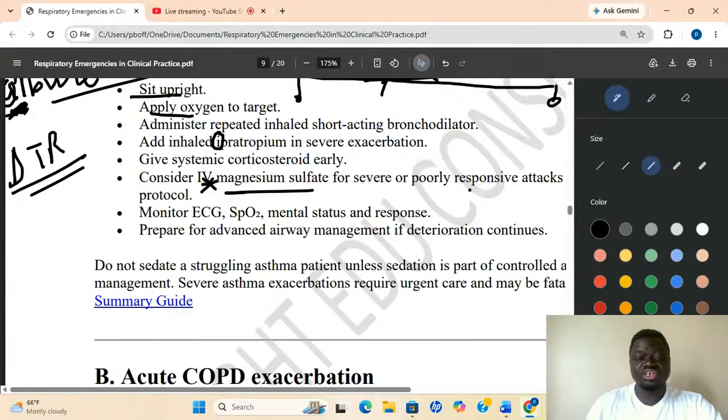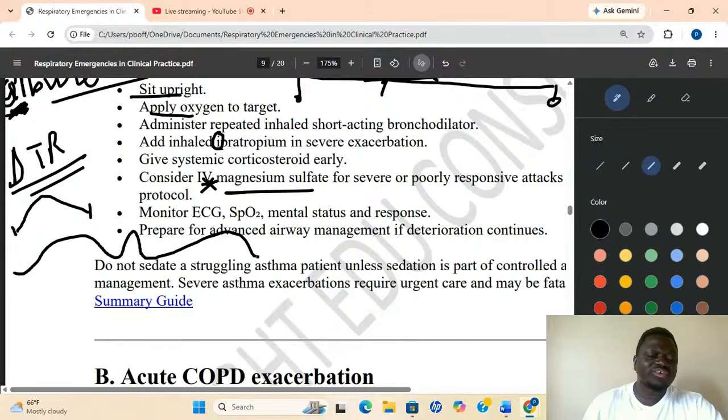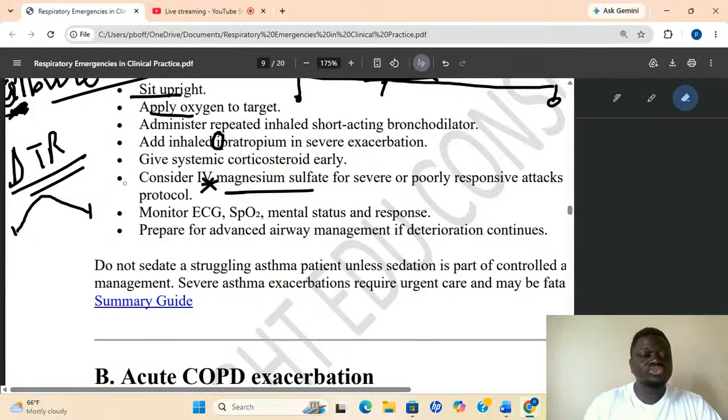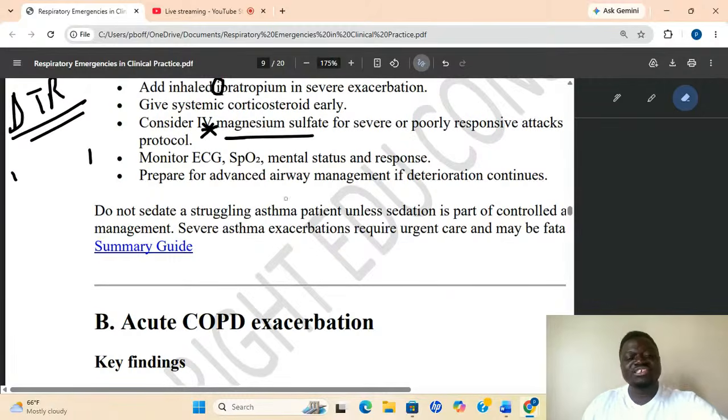Otherwise you get a wide QRS complex, and you get what we call a torsades de pointes. Wide QRS complex, a little shorter, then wide QRS complex, a little shorter. So it's a combination of what? VFib and VTach. Okay, good. So these are the things you should know. Then you put the patient on EKG monitor because of this magnesium sulfate, because the heart too has muscles. Magnesium sulfate will go there.